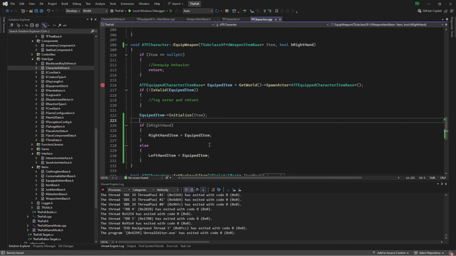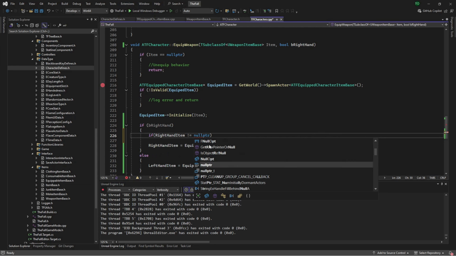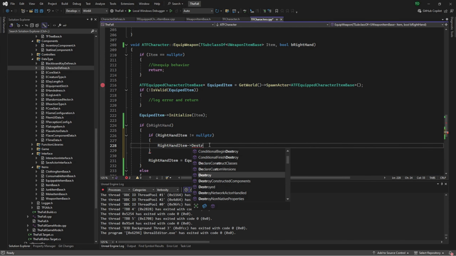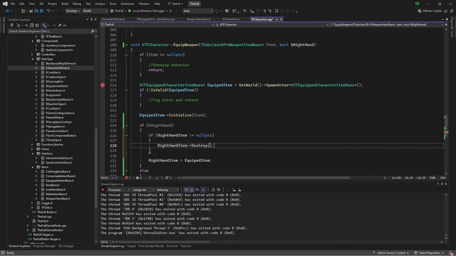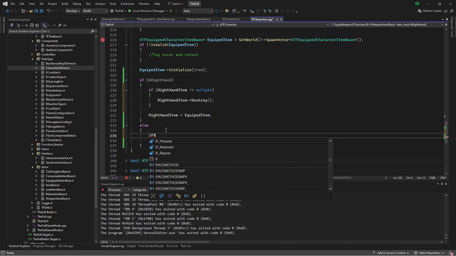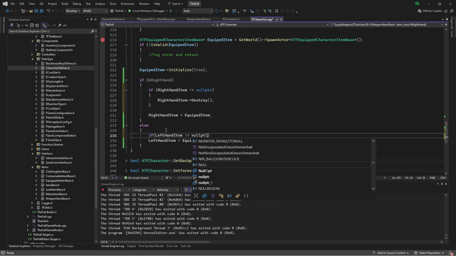So if right hand item does not equal null pointer, right hand item, oh, it's a pointer, sorry, and destroy. And then we're going to do the same thing here. If left hand item does not equal null pointer,